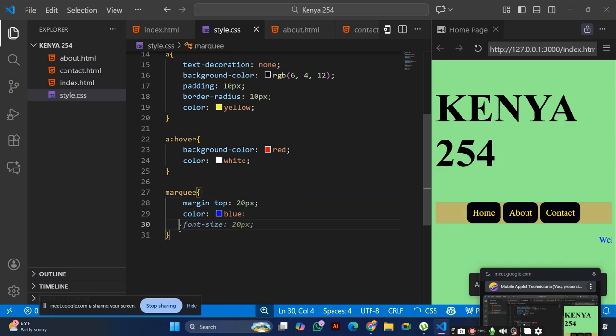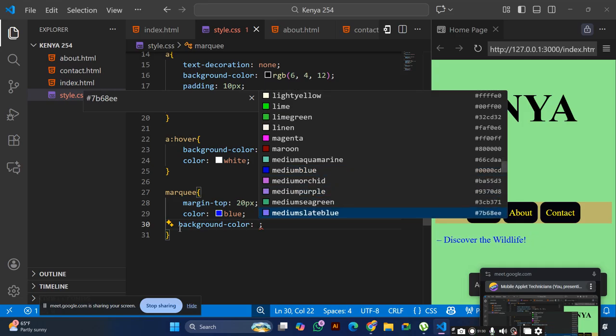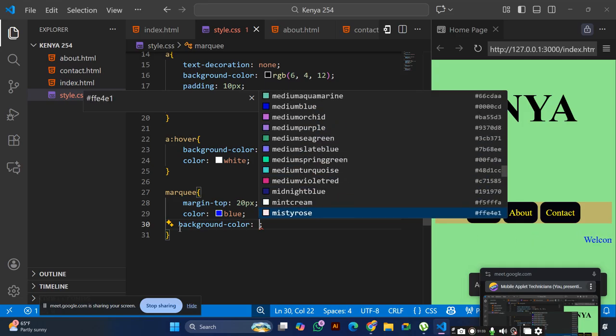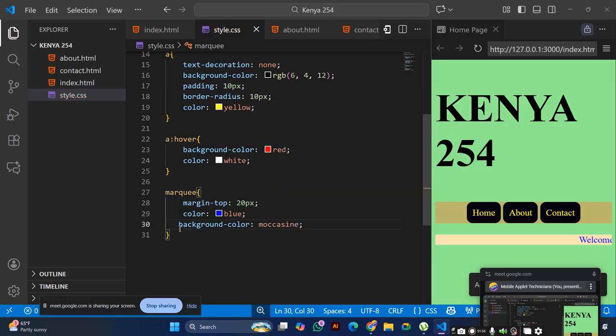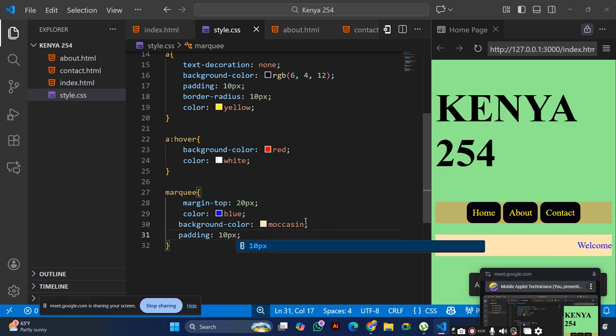I'm not interested in weight. Let me style the background color to color of my own choice. Then some little padding. 10 pixels is enough. So I am styling my marquee, and you can see it is coming out well.